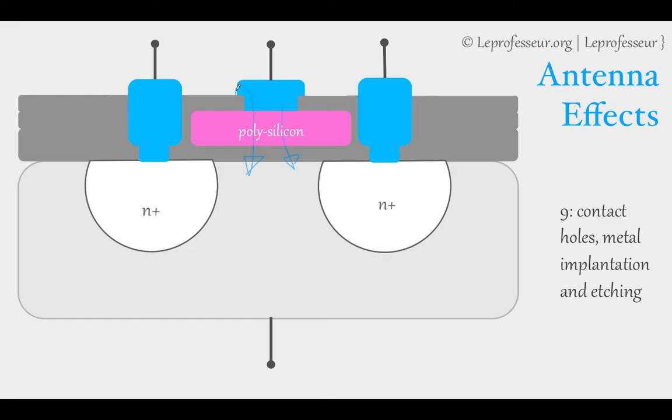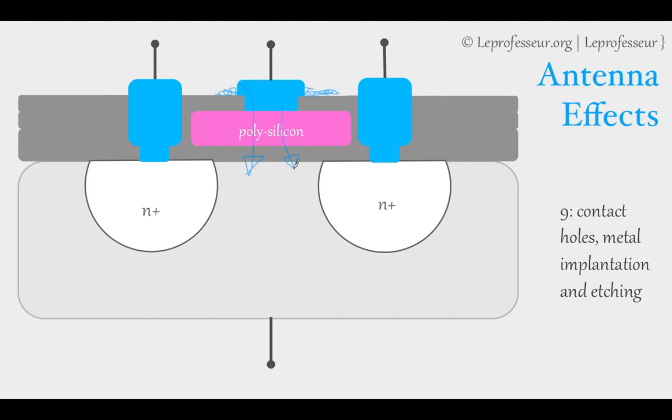And for some reason, if here more metal, so you are basically developing more charge here, because this polysilicon and this gate structure acts as a capacitor. A capacitor is there to store energy, and there will be some leakage current,